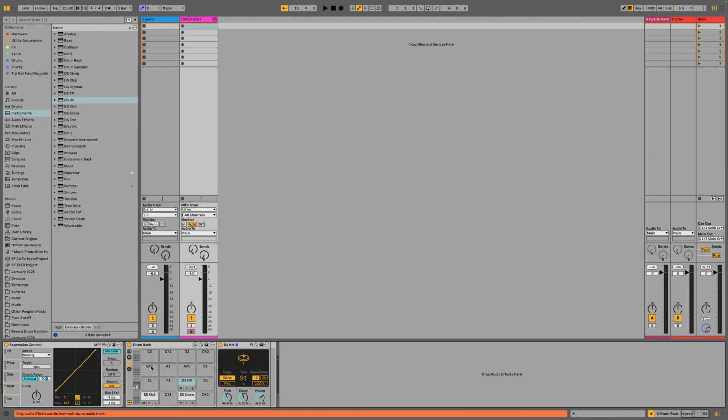So I have Push in front of me right now, the Push 3, and it has these MPE parameters, and one of them is slide. And slide is basically the top to bottom of the pad. Where are you playing on the pad? Depending on where you hit the pad, you can have different things happen, and we can use slide to modulate that. So if I map this to the decay here,